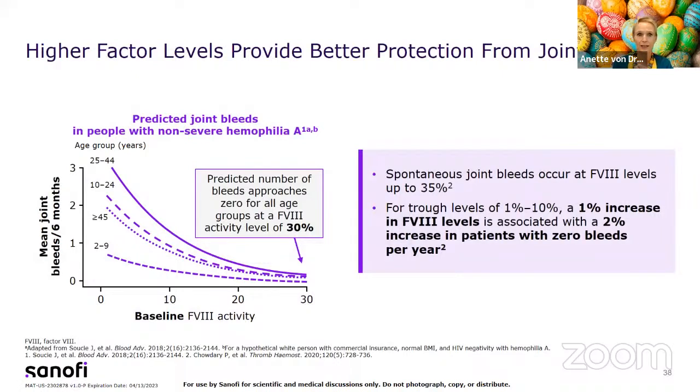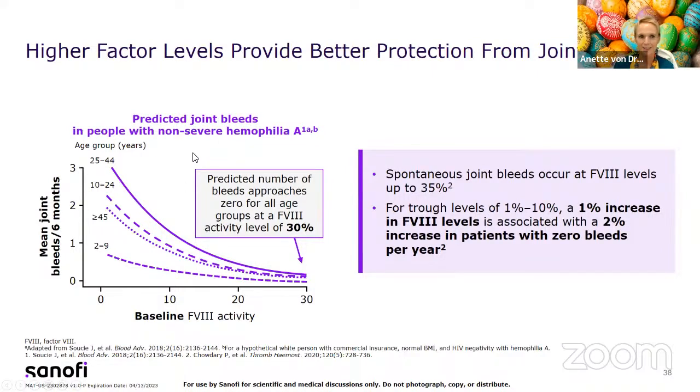So higher factor levels provide better protection of joint health, from joint bleeds. These are predicted joint bleeds in people with non-severe hemophilia A. These data were retrieved from a study from the CDC, looking at their data collections. And it's interesting because, again, this is a study with non-severe, because severe, it's always, so what's the best target